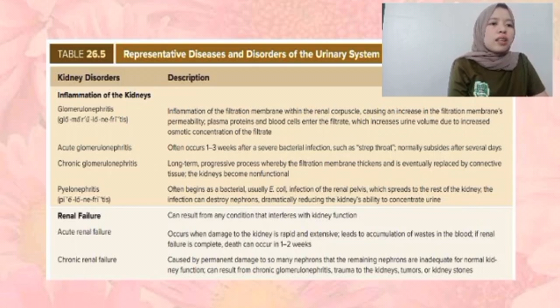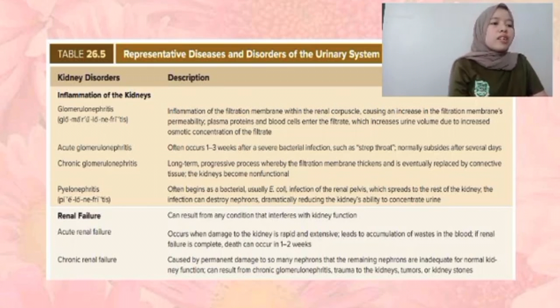And the second one is acute glomerulonephritis. It often occurs 1 to 3 weeks after a severe bacterial infection, such as strep throat, and normally subsides after several days. And the third one is chronic glomerulonephritis. It is a long-term progressive process whereby the filtration membrane thickens and is eventually replaced by connective tissue. The kidneys become non-functional. And lastly is